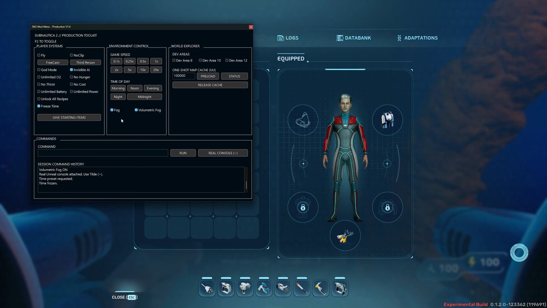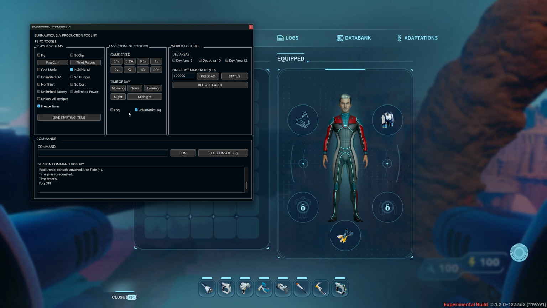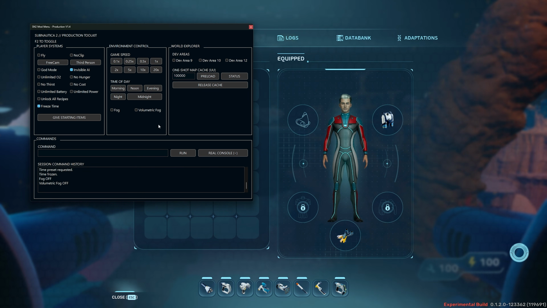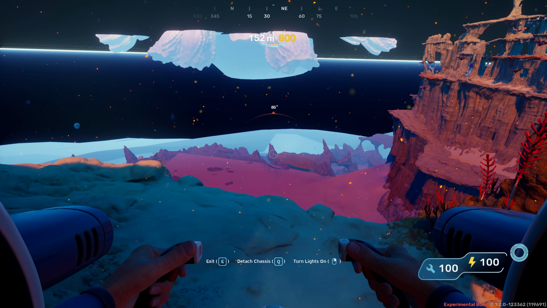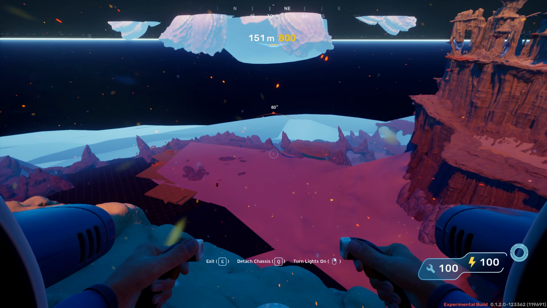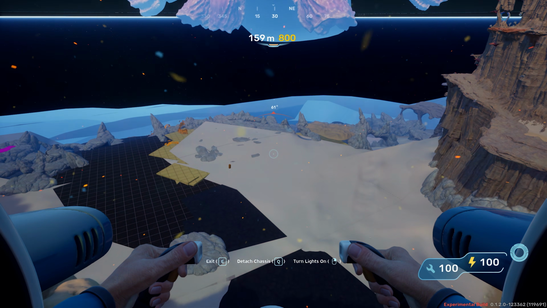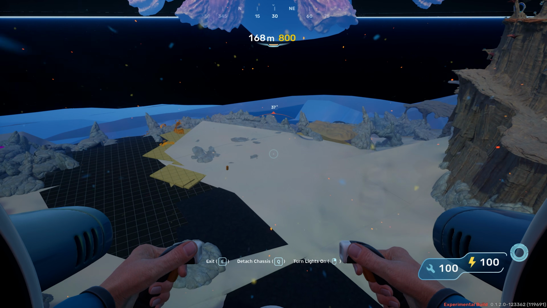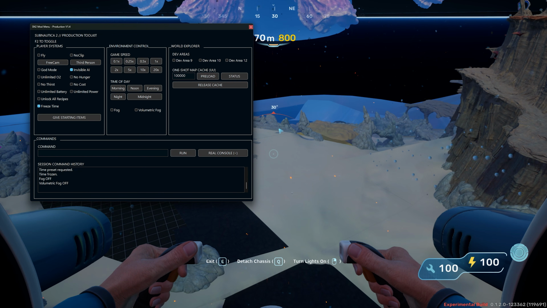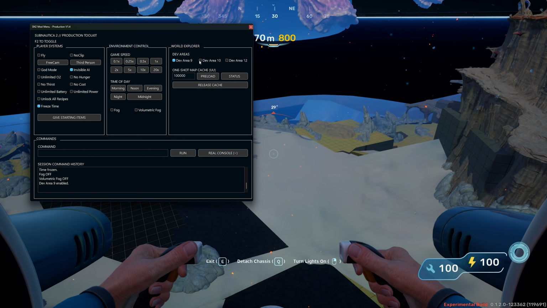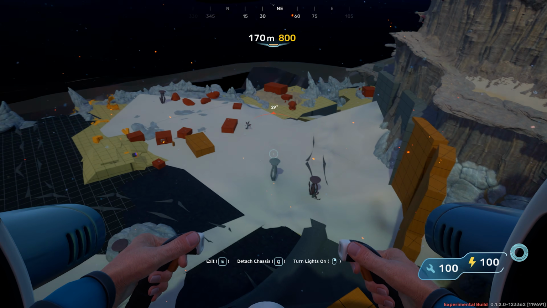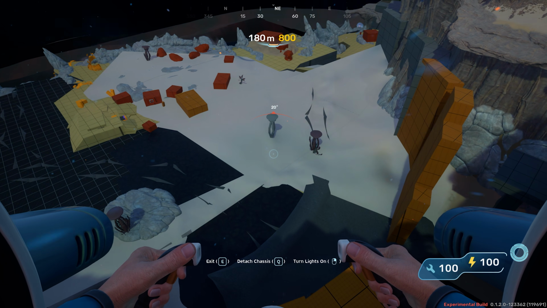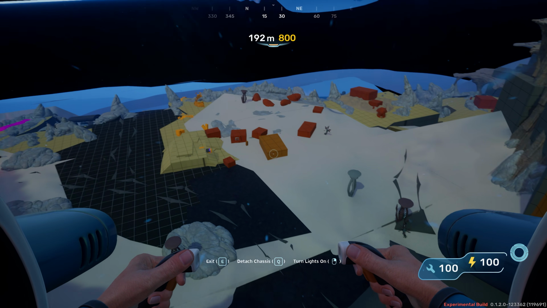So the thing that a lot of people are here for is, the first thing is, let's turn the fog off so we can see everything going on in the environment. That allows you to see basically forever. And then the other setting a lot of folks are here for is to reveal the hidden developer layer. To do that, we just need to go inside of here and enable dev area number 9, number 10, and number 12. And then boom, we can see all of the things that are hidden in the environment